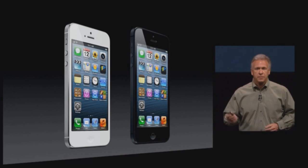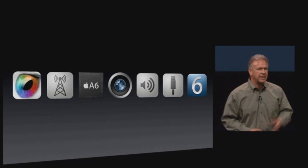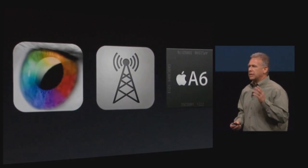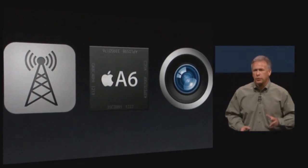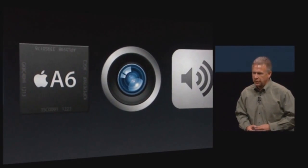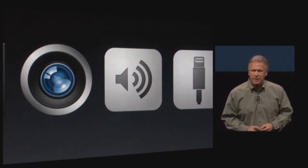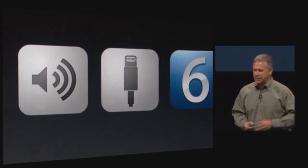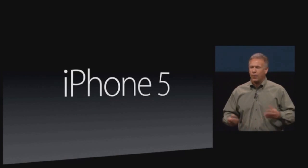They're both stunning. Again, they're the thinnest and lightest phones we have ever made. And even with that, the team has packed in innovation at every level of the design. It's the most innovative display with that 4-inch Retina display. It's got ultra-fast wireless with LTE and faster Wi-Fi. The brand new generation A6 chip with double the performance, and it's smaller and more energy efficient. An all-new iSight camera, as well as FaceTime camera, and that killer panorama feature. It's got all new audio systems with new microphones, new earpiece, and we've got the Lightning connector, and of course iOS 6. iPhone 5 is the best phone we have ever made, and what would be the best phone without a killer video? So I'd like to run. Well,